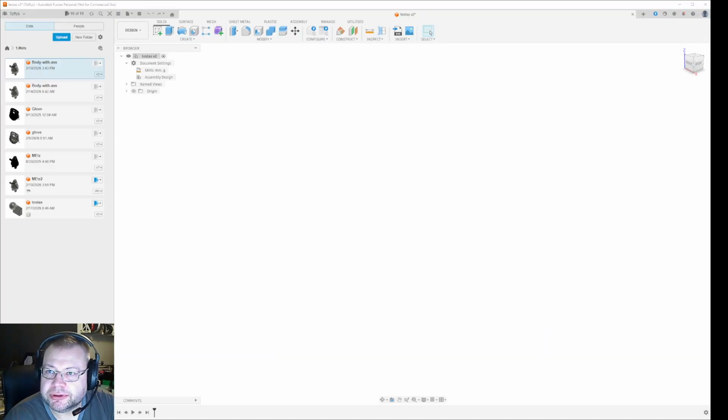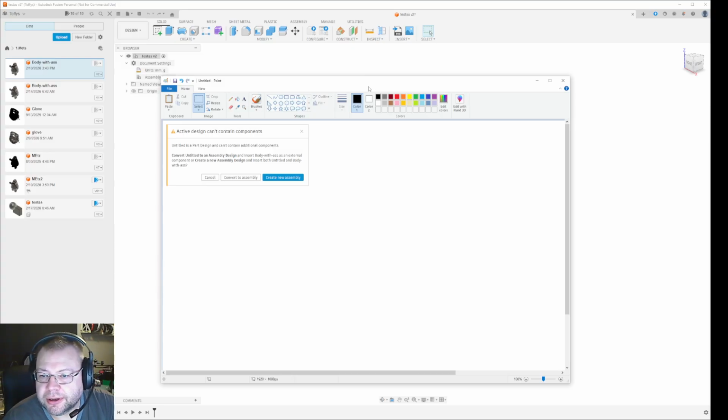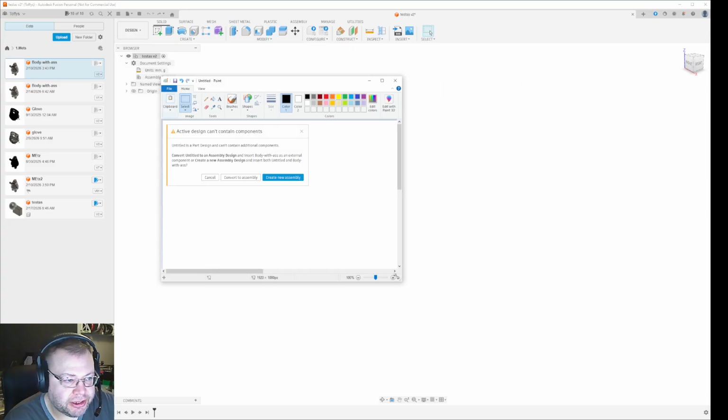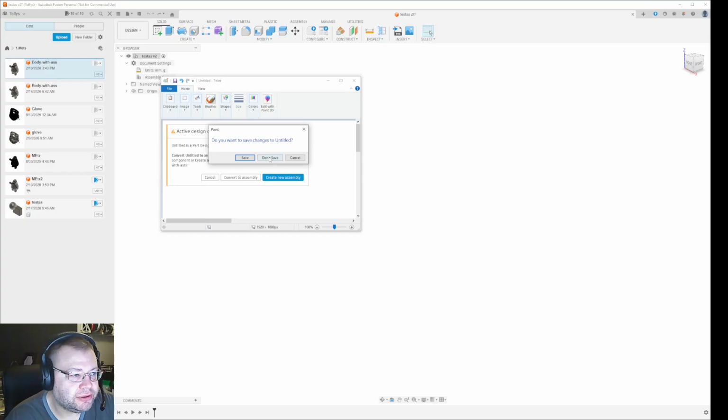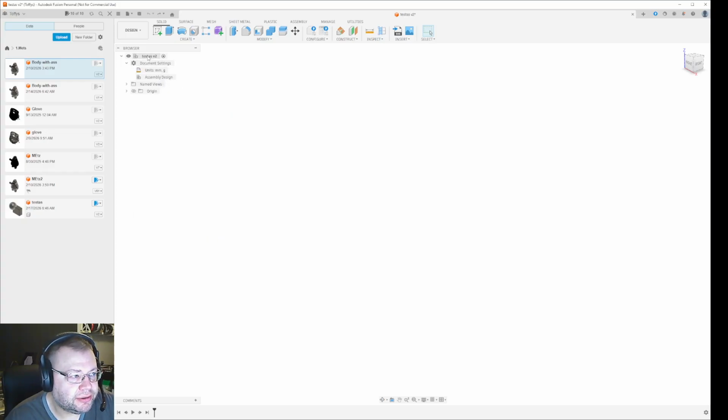Whenever you import a converted step file, like I take a mesh and I rerun it and fix the polygon count with Rhino 8, for instance, then whenever I try to import the step file, which is actually a NURB file, which is more like the type of file that Fusion holds, you keep getting this message here: Active Design cannot contain components, because of course I started making the design using a component, so